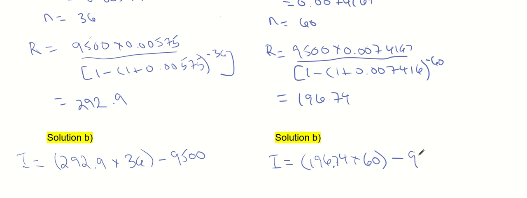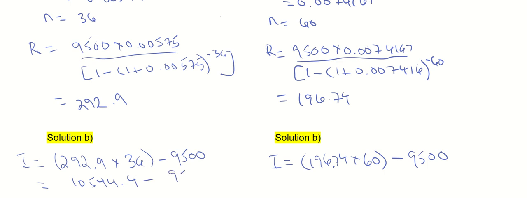Again, this is 9,500 present value. And I'm going to put here what this is before I give the final answer. So I believe it is 10,544.4